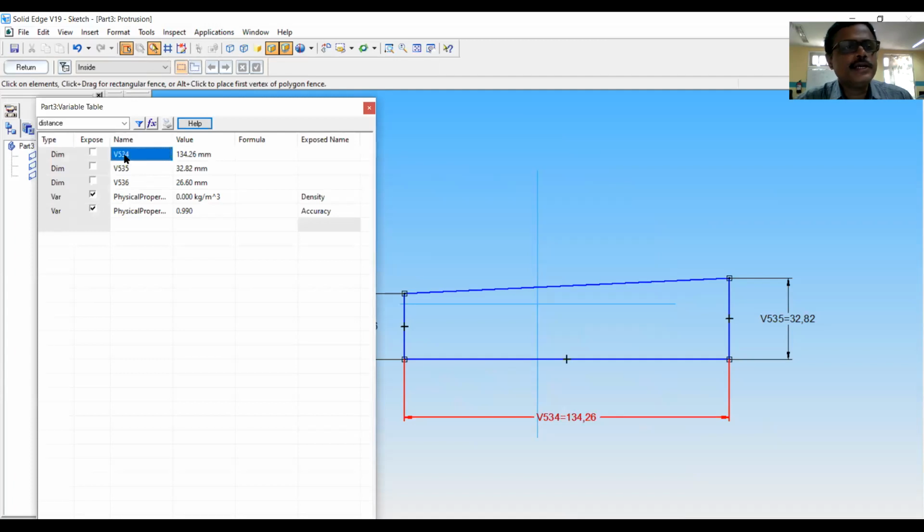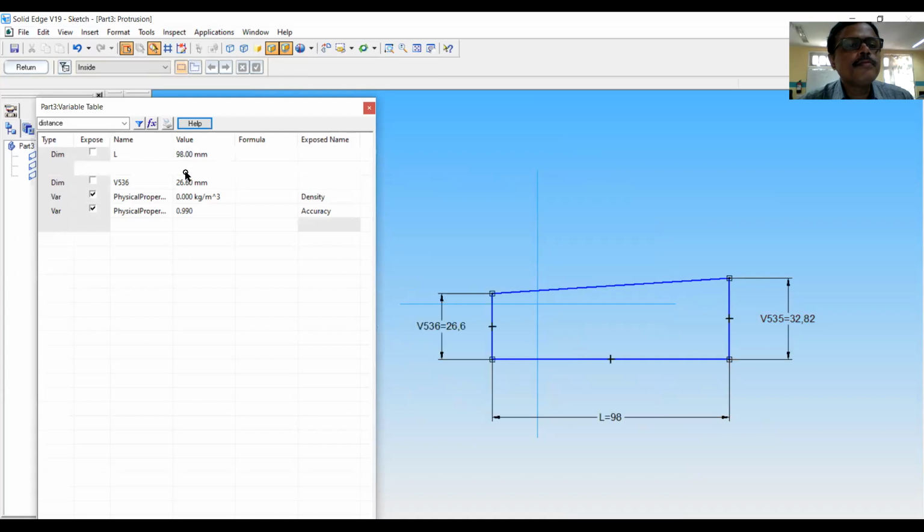This one is related to length of the key. I will call it as L. You fix this. It is 98 mm. Then this is related to width of the key. That will be W. Again, I am fixing it here, 7 mm.